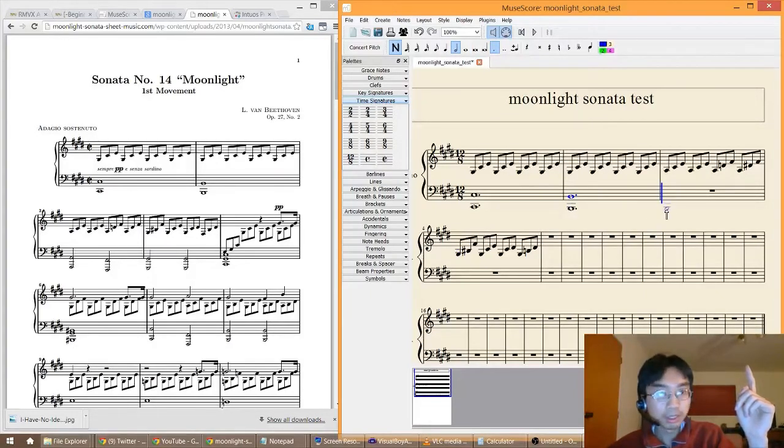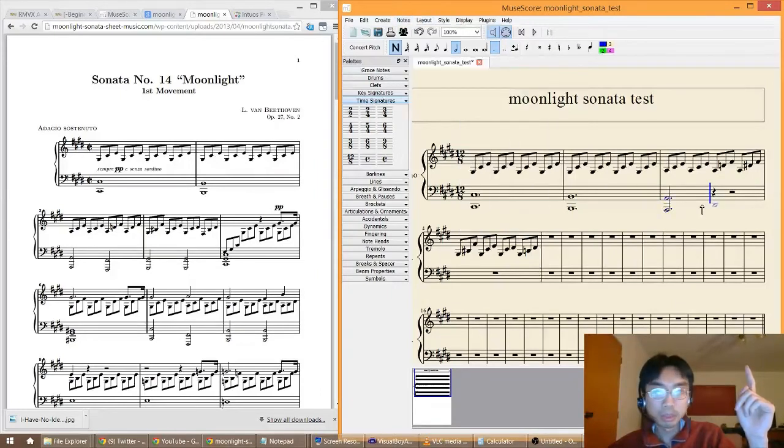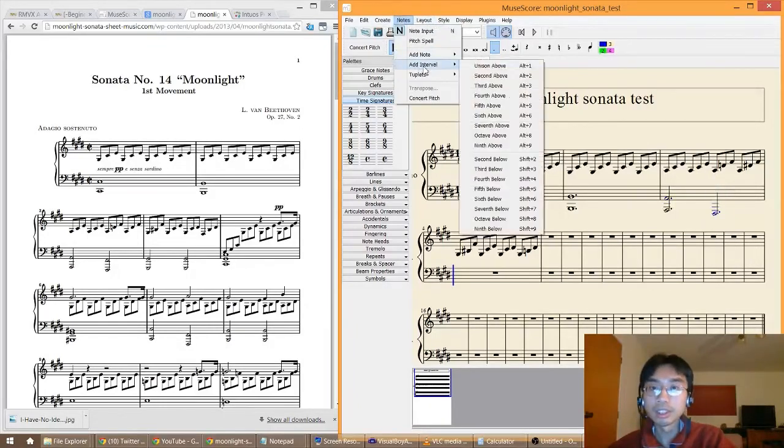And then we're looking at that, and then octave above, and then down to 1, 2, 3, 4. Okay, and then add interval octave above,